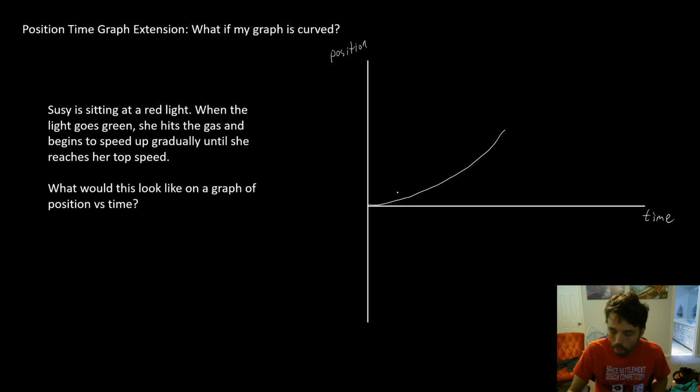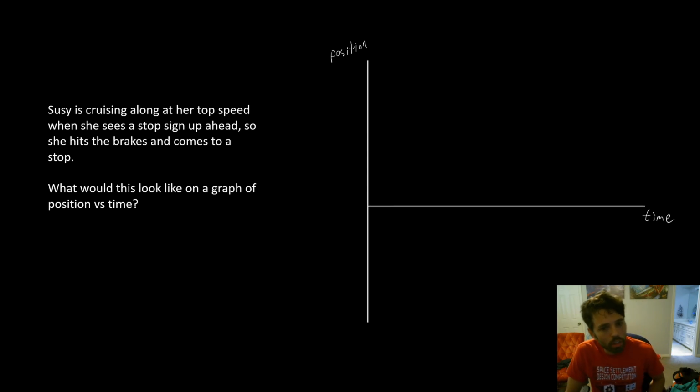It's speeding up. What if Susie is cruising along at her top speed when she sees a stop sign up ahead? And so she hits the brakes and comes to a stop. What would that look like? What would this look like on a graph of position versus time? Well, she's